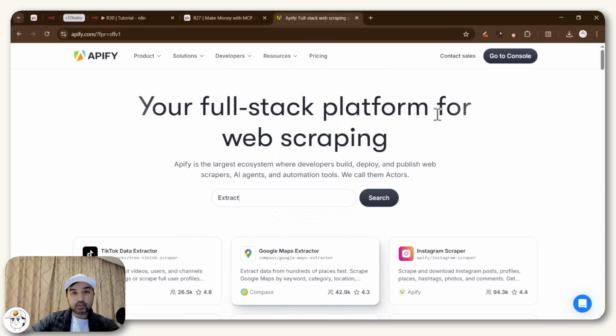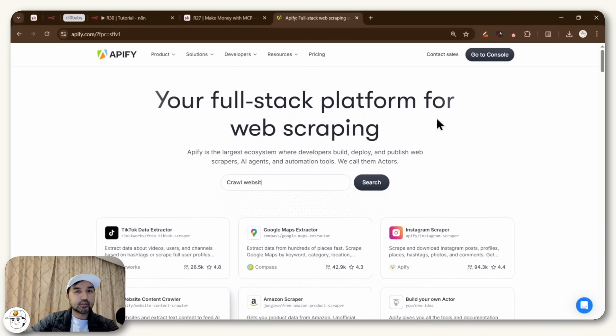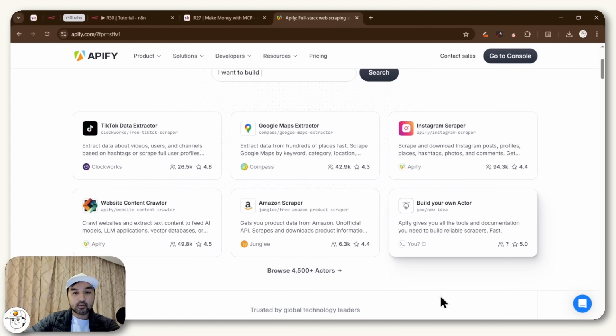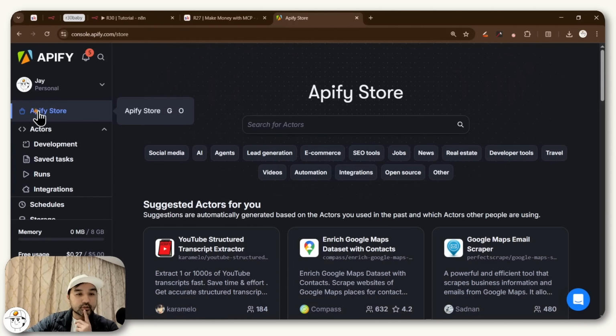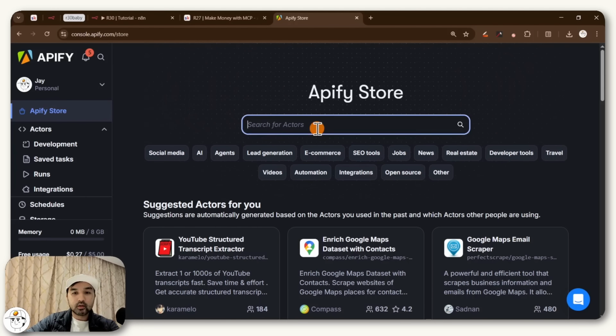And in case it's your first time working with Apify, it's basically this very useful website that a lot of automators use to extract information and to scrape a lot of data. And a lot of those scrapers, which they're calling actors, are actually contributed by the community. That's why there's so many here that you can take advantage of. So if you know how to use Apify, then it will definitely level up your game when it comes to automations and AI. So when you sign up, you essentially want to go to this Apify store and look for